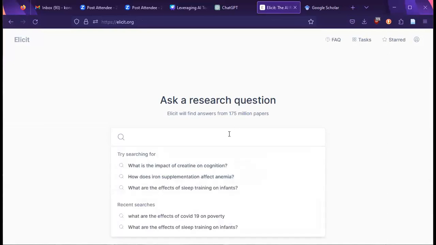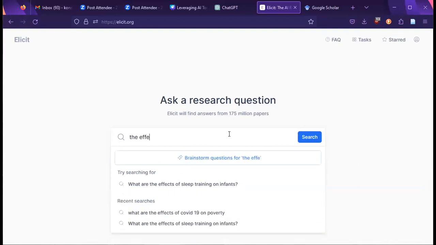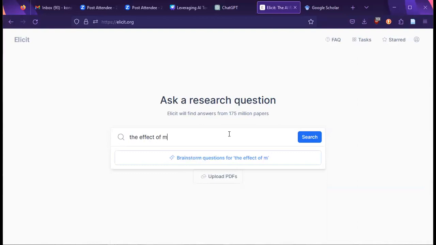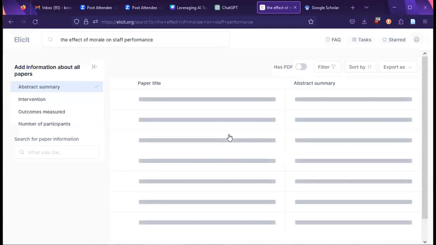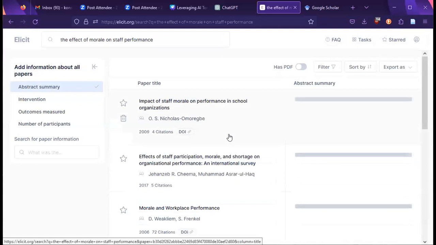So we can start with any question you have in mind about the topic you want to research. So let's say we want to understand maybe the effect of, let's say, morale on staff performance. So Elicit is going to consult